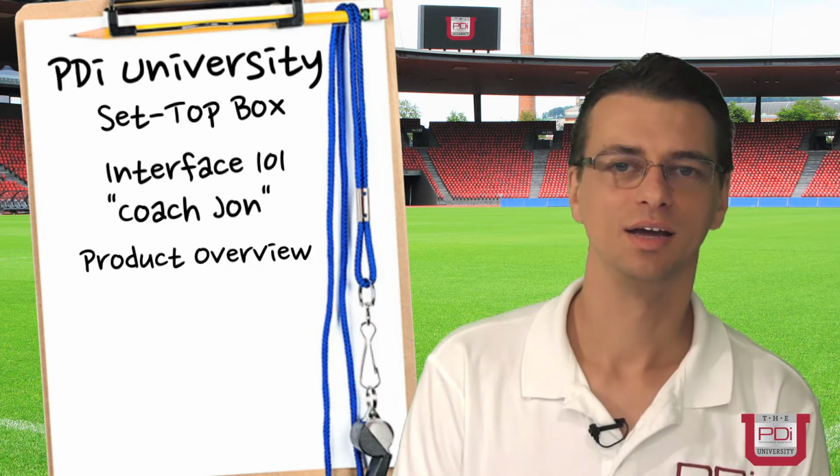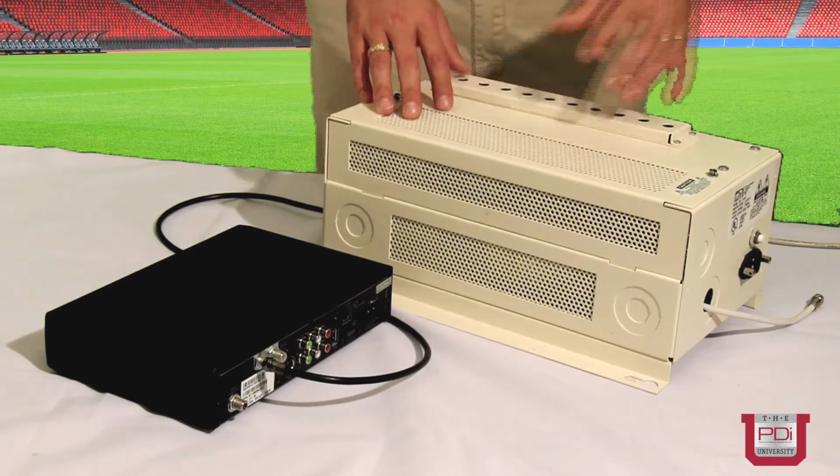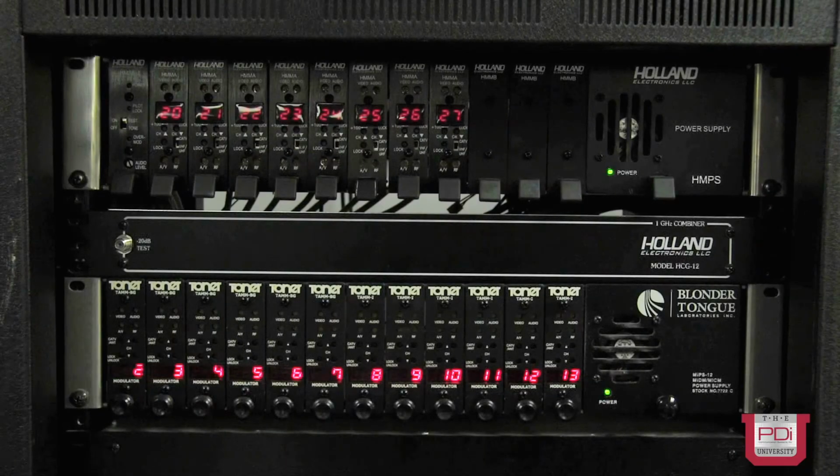Today we're going to talk about the revolutionary satellite box interface from PDI. In a traditional head-end setup at a dialysis clinic or at a hospital, you'll have a set-top box